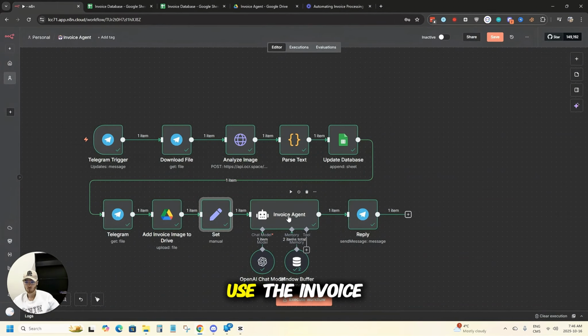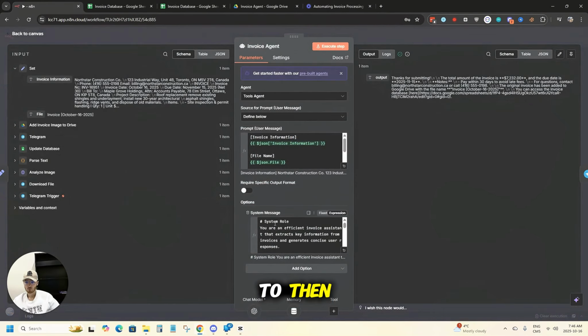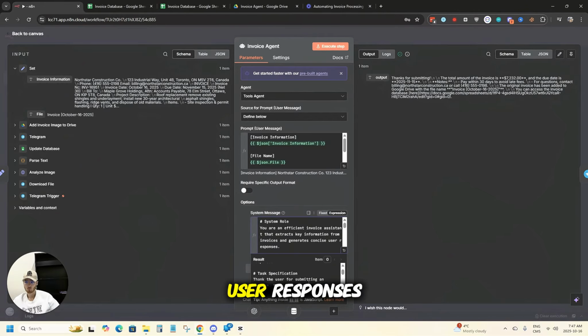And then we use the invoice agent to prompt and generate a response back to us using ChatGPT. And this is the prompt message. You're an efficient invoice assistant that extracts key information from invoices and generates concise user responses. Thanks the user for submitting an invoice. Extract the total amount, the invoice,